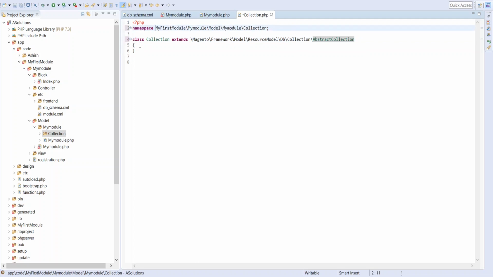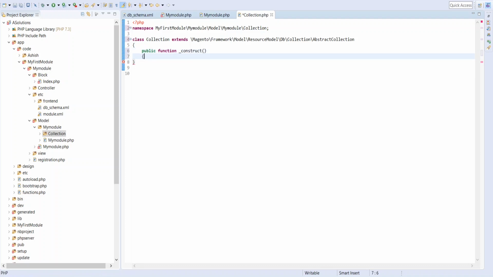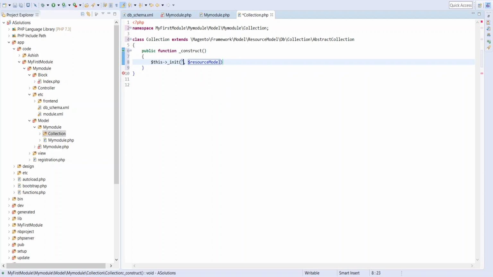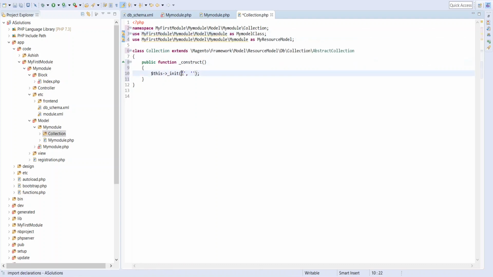Now let's create the construct function here, public function _construct. Inside that construct function we need to call the init method, and inside that init method we need to pass our model name and the resource model name. Let's just pass these names to our init function.